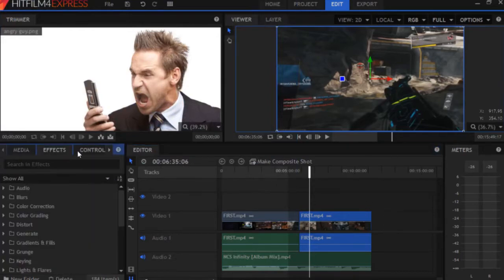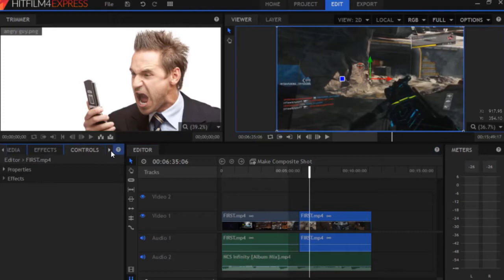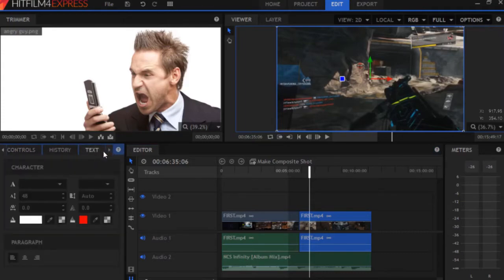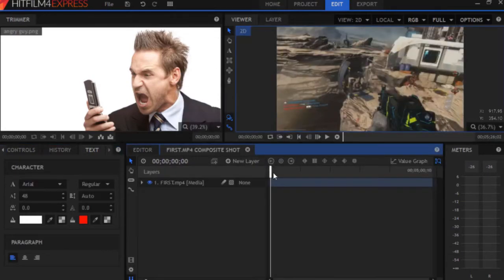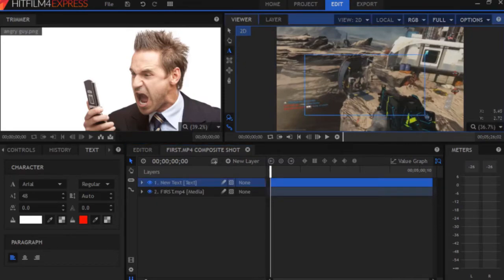You could also get into effects and controls, but that's just a bunch of different stuff. But let's say you want text on this video, you can make a composite shot, name it whatever you want, but you're going to pull up this screen, you're going to press the text button right there and just drag it however you want. And from here you could type like